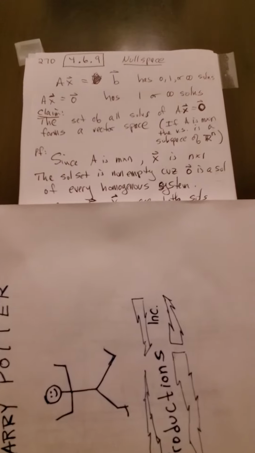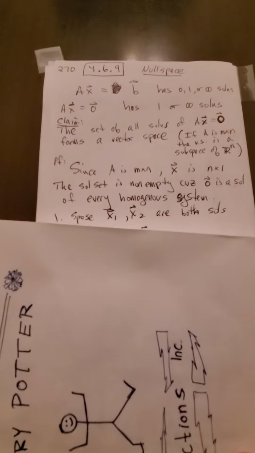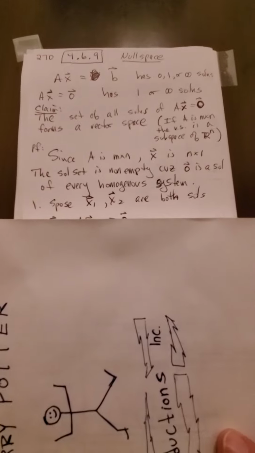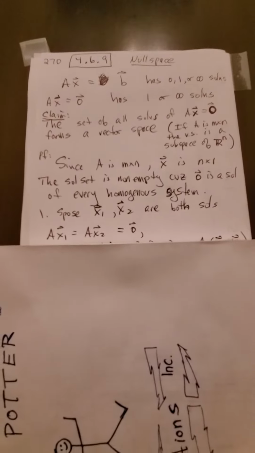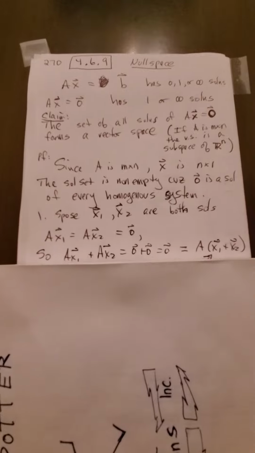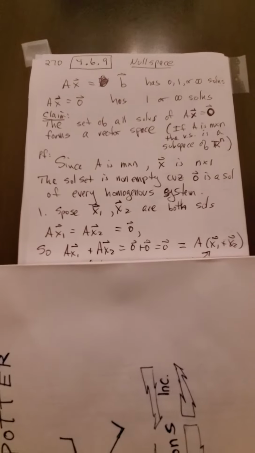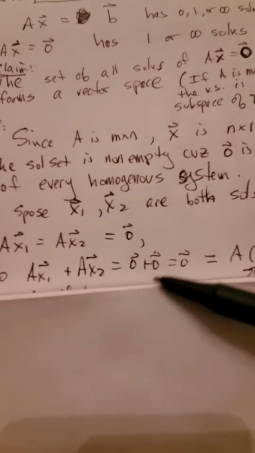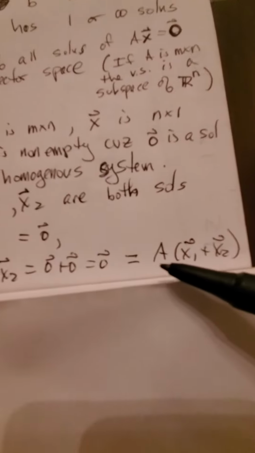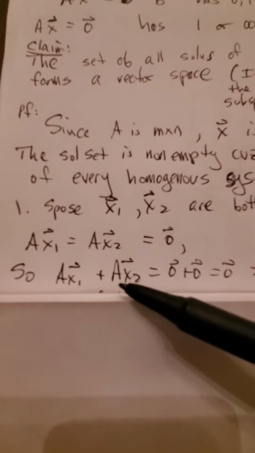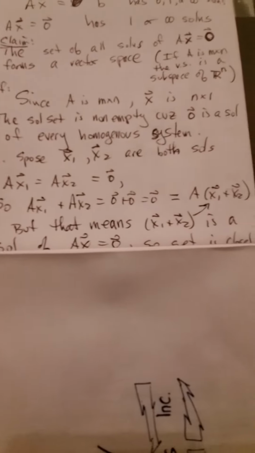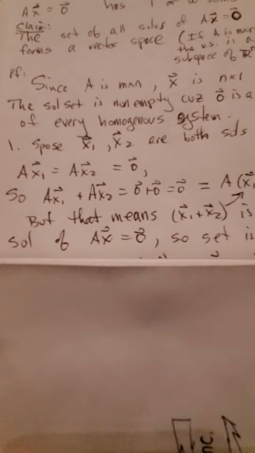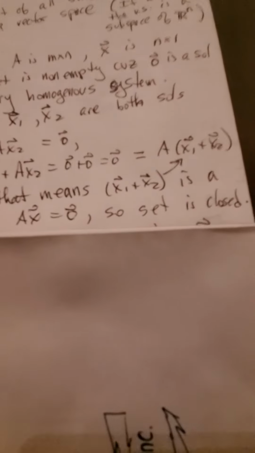Now I have to show that it's closed under vector addition and scalar multiplication, which is not hard to do. If x1 and x2 are both solutions to the homogeneous equation, meaning Ax1 = Ax2 = 0, then Ax1 + Ax2 equals 0 plus 0, which equals 0. But I could also use the distributive law here, and I get A times (x1 + x2). But that means that x1 + x2 is a solution of the homogeneous system, so our set is closed